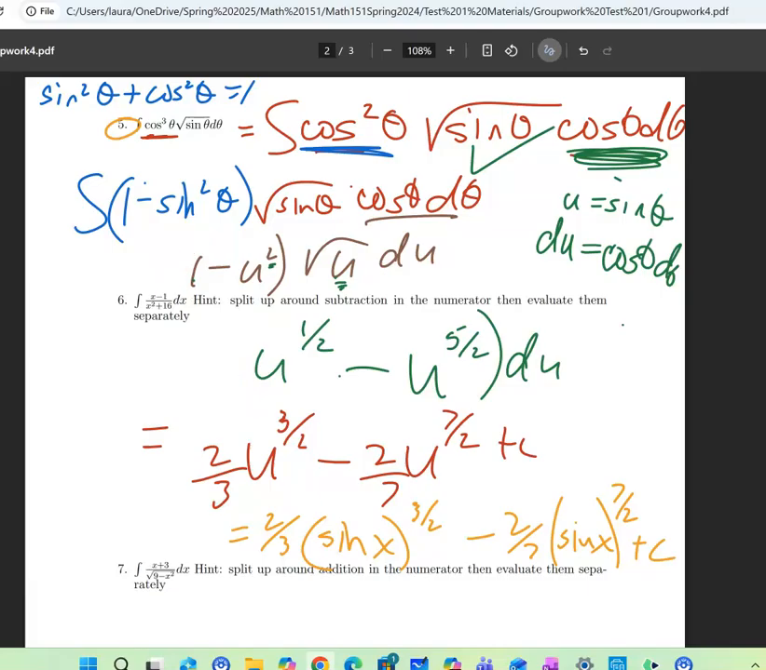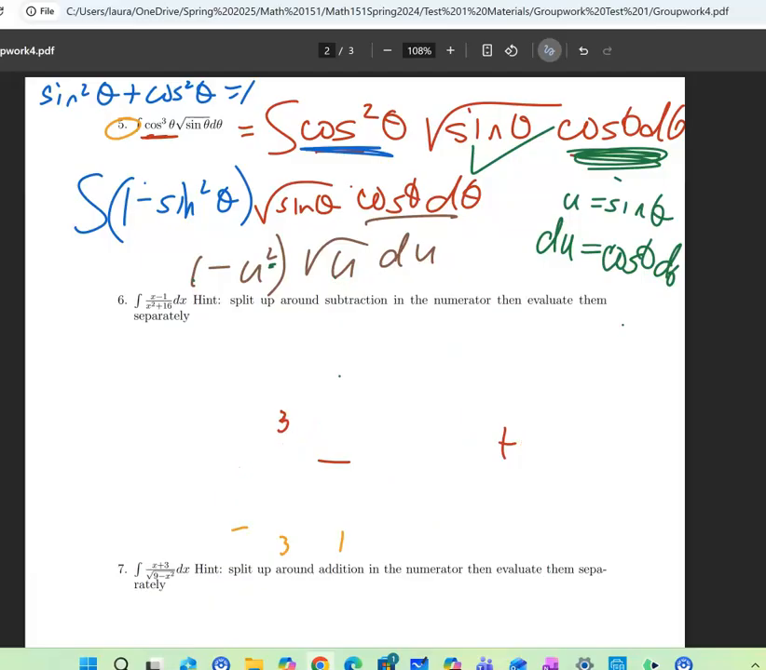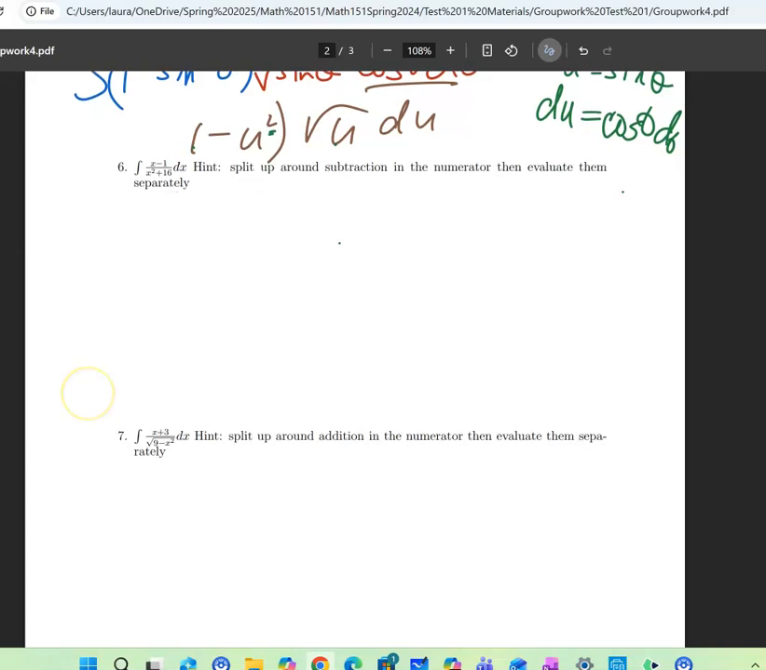So this one here, and the next two actually, I'm giving you hints. I want you to think about separating it around the addition or subtraction in the numerator and thinking of them as two separate integrals. All right, let's think about this. Okay, so let's write this as x over x squared plus 16 dx plus